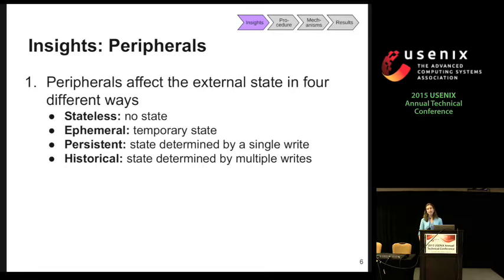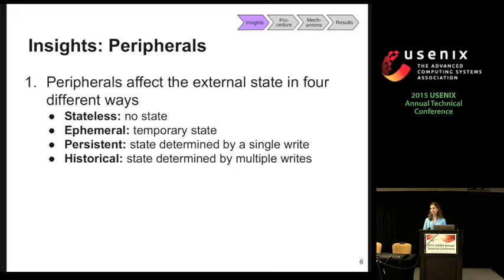The second set of insights that drove the design of USENIX are focused more specifically on the external state introduced by hardware peripherals. First, hardware peripherals can affect the external state in a variety of different ways, and based on this, they can be classified into four different categories. There are stateless peripherals, which have no effect on the external state, such as, for instance, an accelerometer. Ephemeral peripherals, which have only a temporary effect on the external state, such as a buzzer,